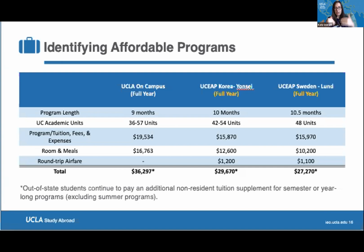And when you look at that bottom number, that total cost, when you include everything, including airfare, it's actually cheaper to study abroad in Korea or in Sweden while you're doing a full year abroad. In Korea, it's about $29,000. In Sweden, it's almost $9,000 cheaper for an in-state student to go. It would be $27,000. And we also want to point out, for non-residents or out-of-state students, it would end up being similarly cheaper if you were to go during the full year, because your out-of-state fees would be exactly the same. So you would just add it on to your UCLA or add it on to the other, but you'd still